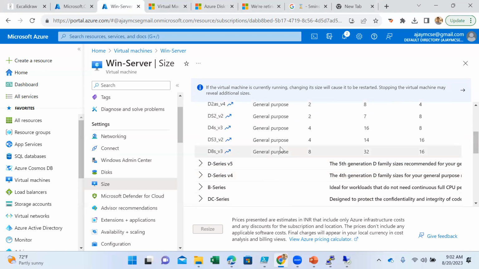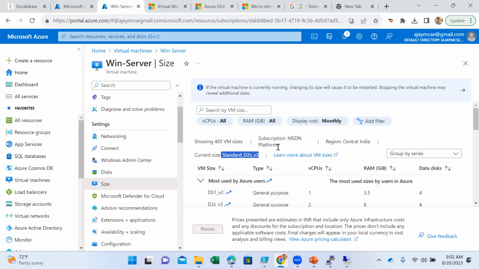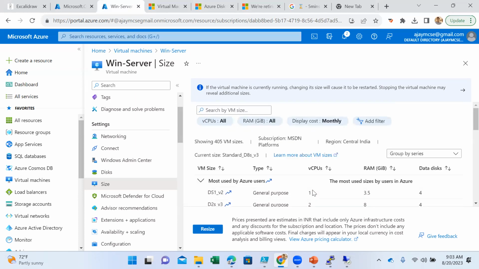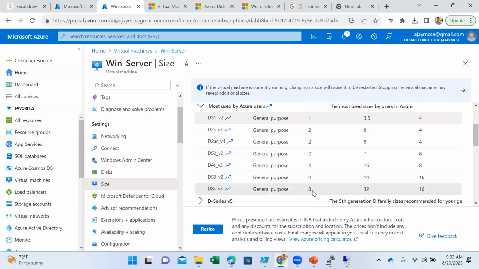First of all, whenever you're doing resizing, ensure that you have taken the proper approval, because restarting might impact your application and it might create chaos for the application sometimes. Very, very rare. But yes, take the downtime properly, take the consent before resizing. You see that here, if I try to do resizing, I'm going to use this configuration from my current configuration. So I'm increasing the compute. If I click on resize,